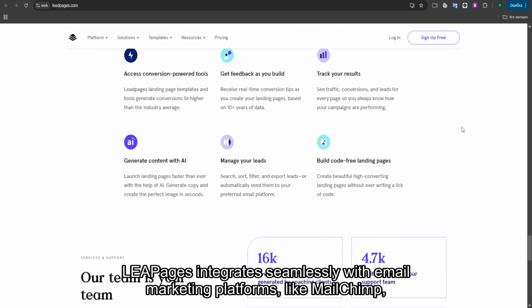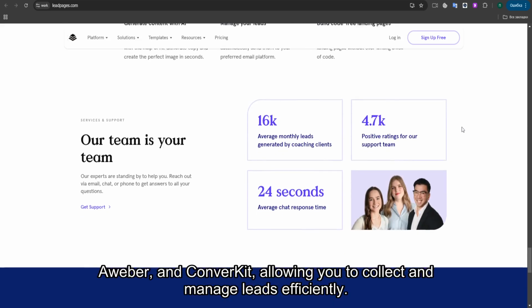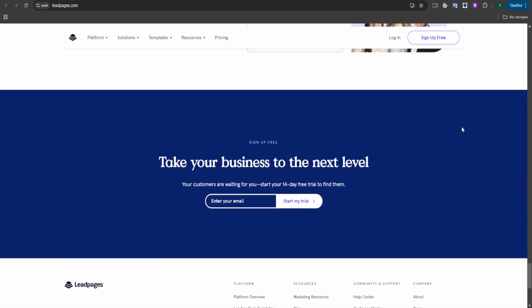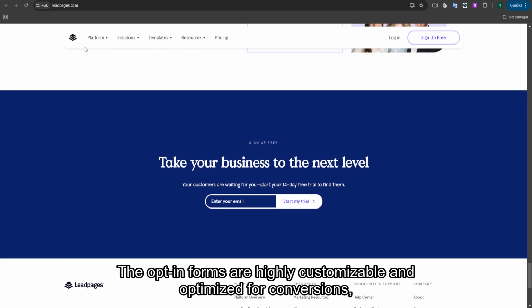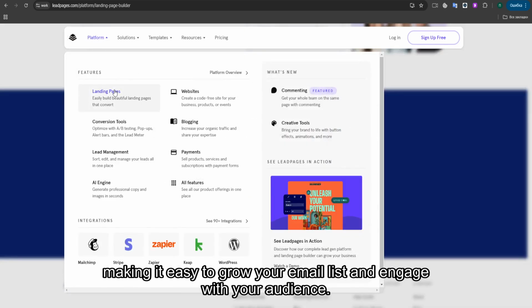Leadpages integrates seamlessly with email marketing platforms like MailChimp, Aweber, and ConvertKit, allowing you to collect and manage leads efficiently. The opt-in forms are highly customizable and optimized for conversions, making it easy to grow your email list and engage